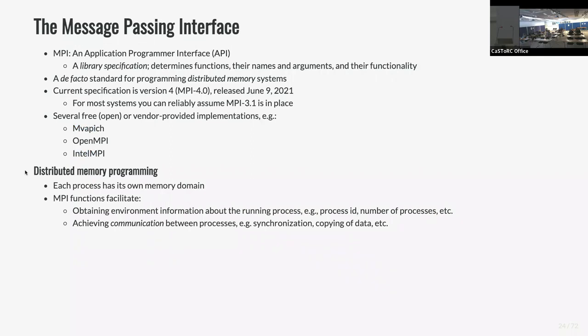So in MPI, the assumption is that you're running different processes, and each process has its own memory domain. Okay, so this is also something we basically assumed yesterday. It was true also for the example that we saw yesterday. So you run these different programs in parallel, like when we were calculating pi,